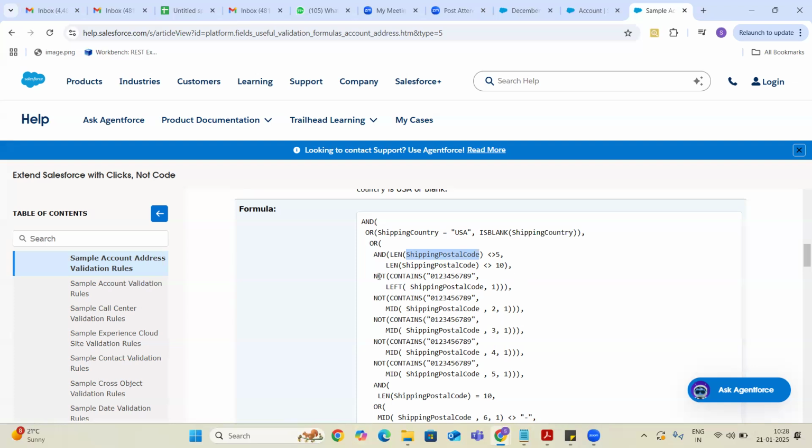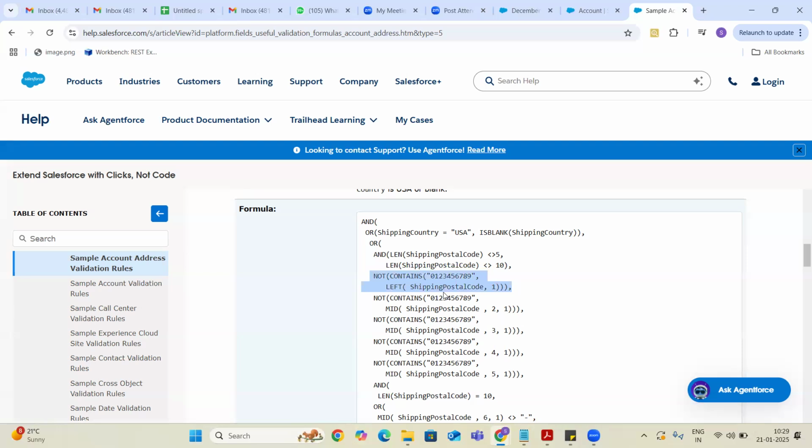And then again, it has NOT CONTAINS. Generally, whenever you see this kind of thing, guys, just try to evaluate the inner one first. So, LEFT of shipping postal code, comma 1. What will it do?